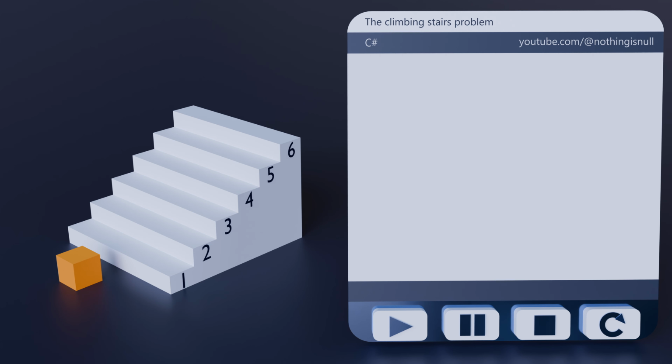Starting from the bottom of the staircase, you can take either one step or two. First, you decide to go for 2 steps. Now, you're back to the same choice: 1 step or 2. This time, you decide on just 1 step. After a few more choices like this, you're almost at the top, just 1 step away.